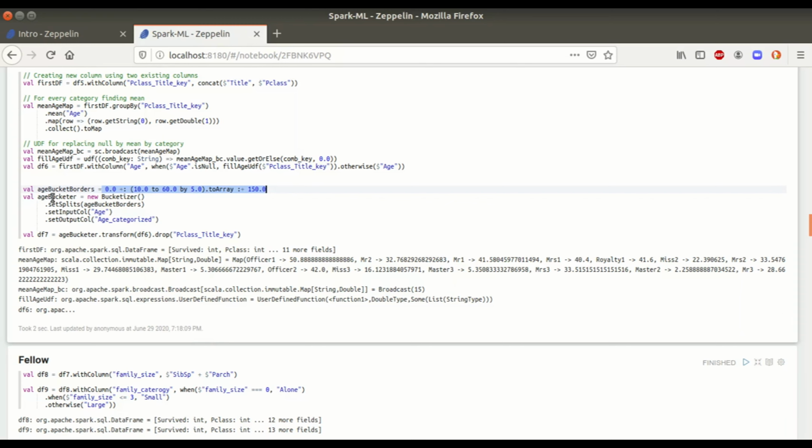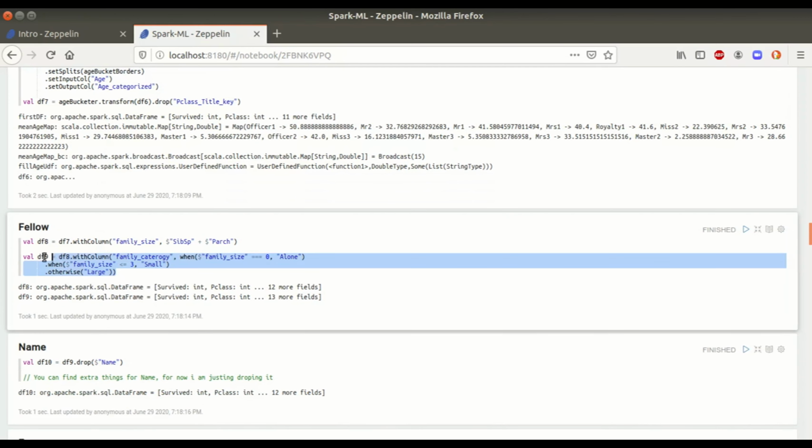So it will create labels like 10, 15, 20, 25. We pass the age column to apply this label, and then create a new column, age categorized, which has the bucketizer applied.